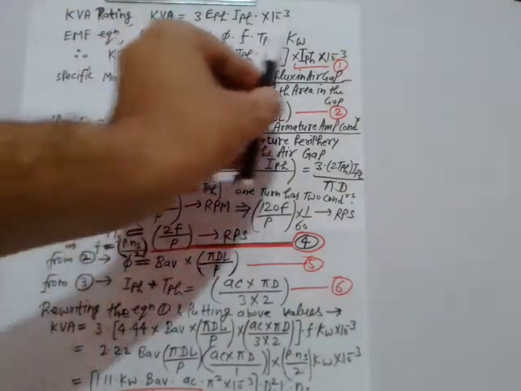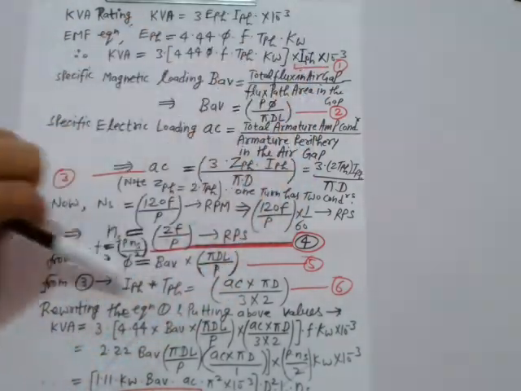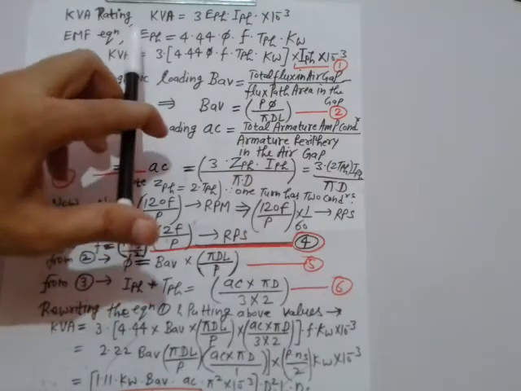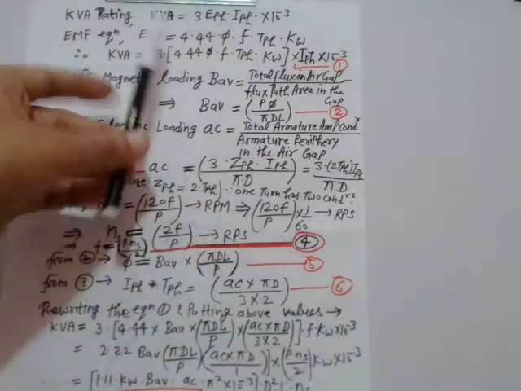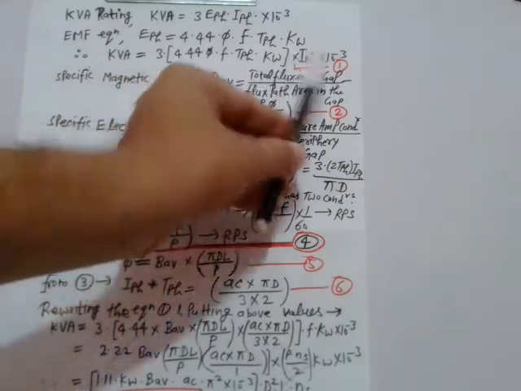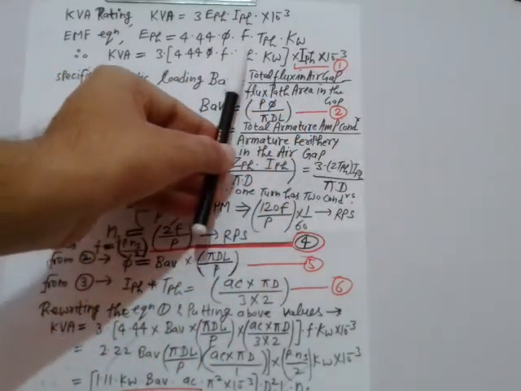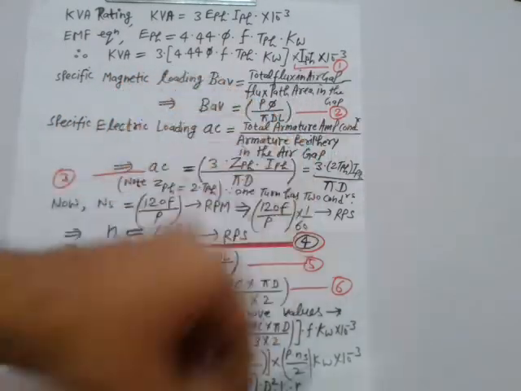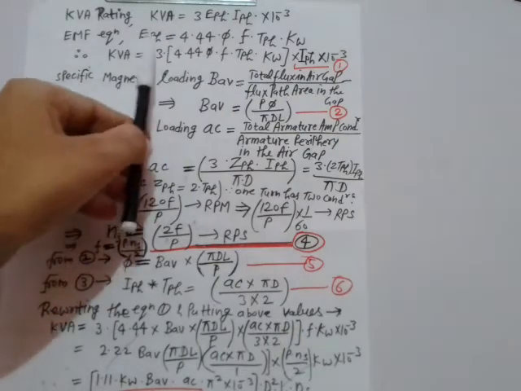So now it becomes in kilovolt amperes, kVA rating, right? Now the EMF equation of a 3-phase induction motor we have already derived. It is 4.44 into phi into F into TPH into kW. Phi is flux per pole, F is the frequency, TPH is the turns per phase, kW is the winding factor, right? So the kVA rating would be,